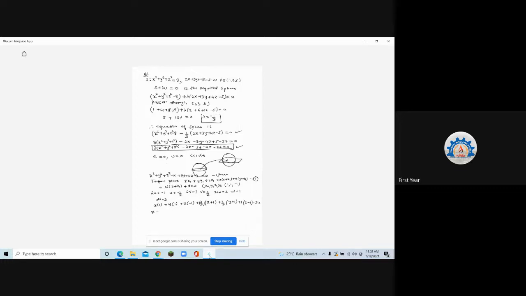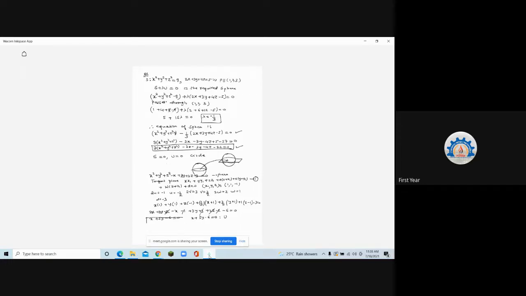Simplify, you'll get x plus y minus z. This 2 you can multiply, so it is 2x, 2y, 2z, minus x minus 1 plus 3y plus 3 plus 2z minus 2 minus 6 is equal to 0. And then simplifying it, you'll get x plus 5y, 2z plus 2z cancels, and x has already cancelled. So it is plus 3 minus 2 minus 1 cancels, minus 6 is equal to 0. So x plus 5y minus 6 is equal to 0 is your plane u.